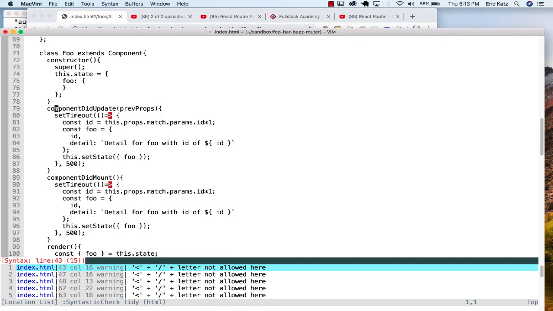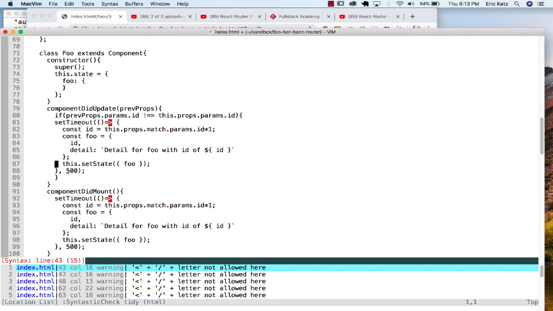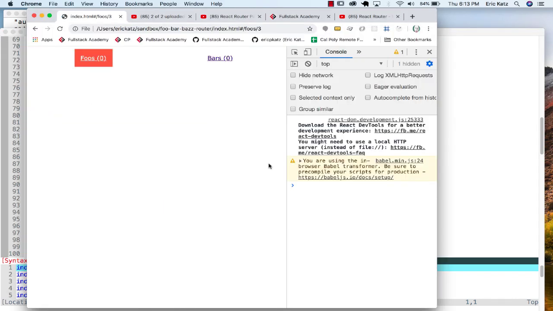What we're going to do is say, hey, look, we only want to run this update if the previous props params ID is not equal to this.props.params.id. So it's only going to end up running when the value ends up changing. And even though it'll end up coming in here again, it won't keep on updating the state, which is really causing that infinite loop. So now if I go to refresh this,